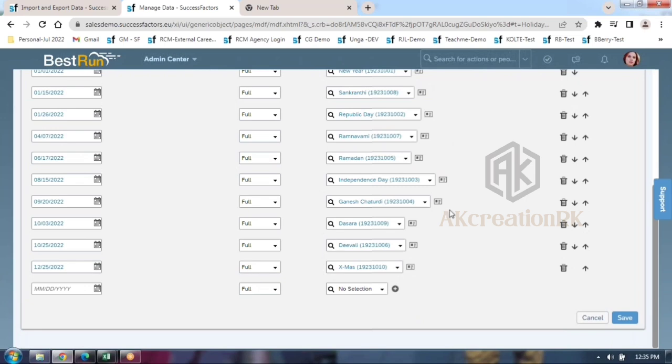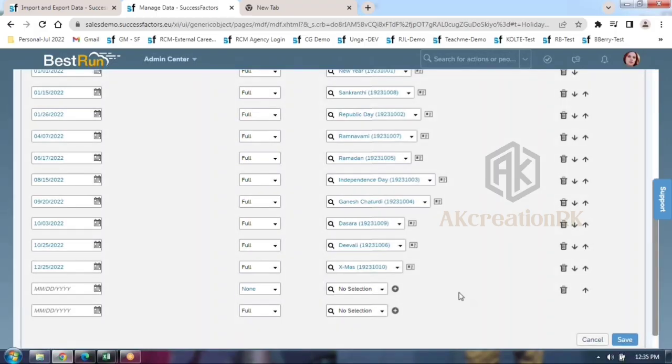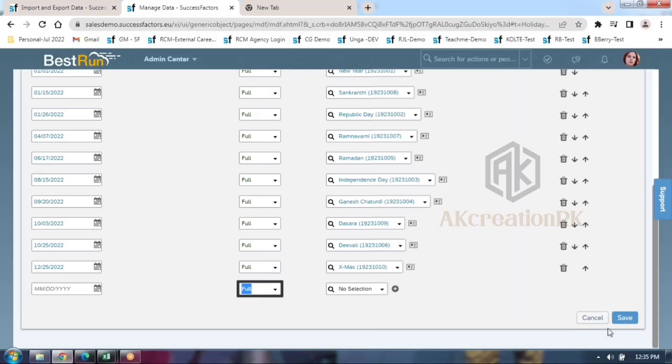So if you have that kind of holidays in your customer calendar, you have to select none over here. Later, time admins will adjust this manually, guys. Time admins will adjust this particular holiday manually. You no need to worry. So in your customer calendar, if they have any public holiday expected on November 10th, for example, it may fall on the 9th or 11th or 12th, whatever, but at the end of the day it's a public holiday. So for those kinds of holidays in your public holiday calendar, you can make it none. Otherwise, in your customer holiday calendar, you are holding all full only. Click on save.